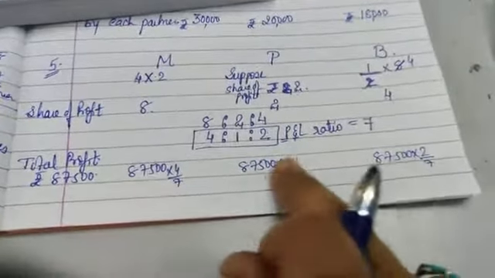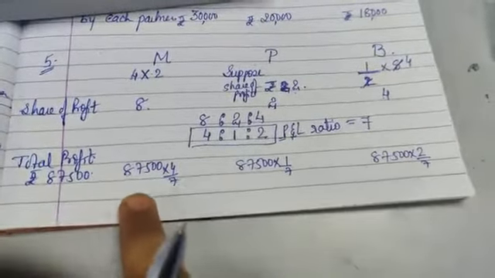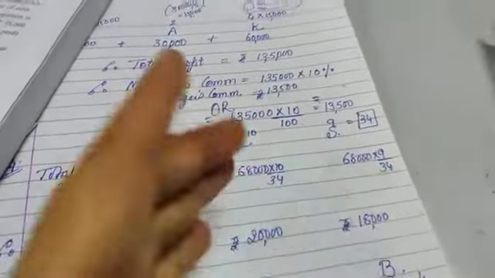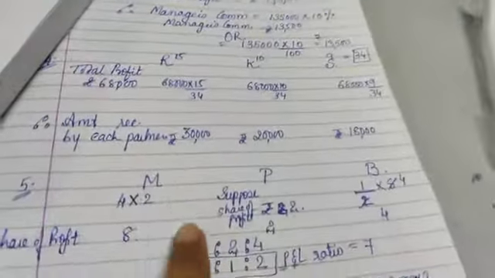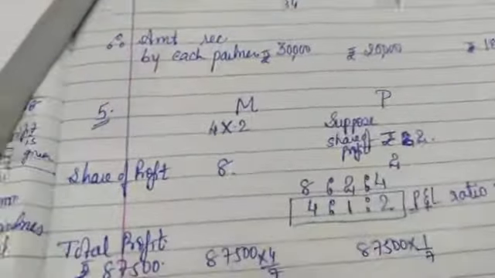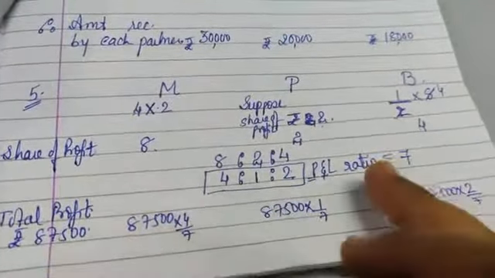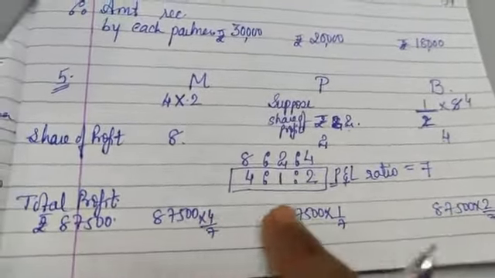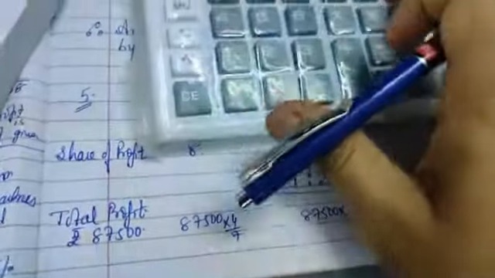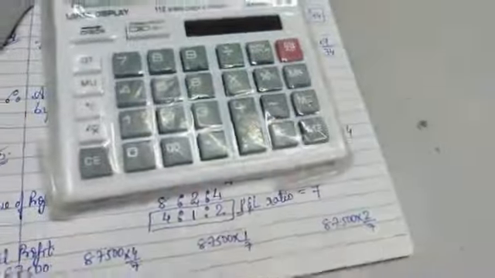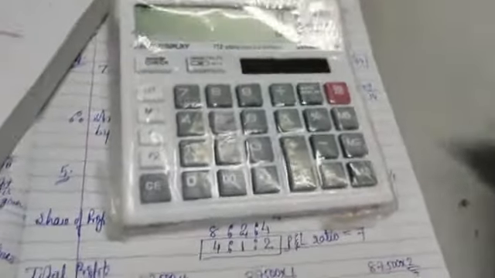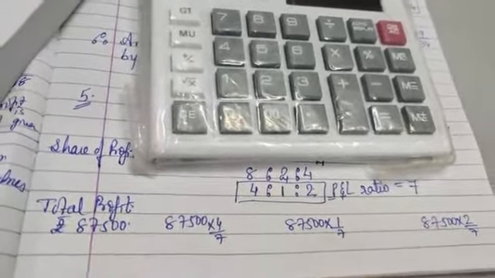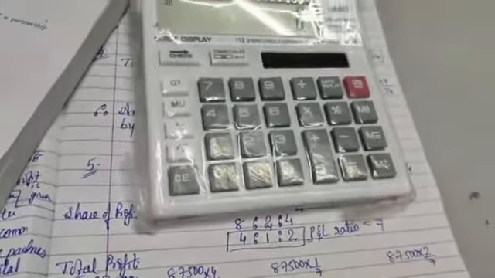See, if you are not writing this, then also it is okay, you can write down the amounts directly. But in this particular sum, you have to show the calculation like this, because before that there is nothing, and the working note is there for this. You can even do it directly on the calculator: 87,500 divided by 7 into 4, 1 and then 2. If you are not writing this step, it will still be okay, but to be safe you can write it down. But in admission and retirement and everywhere, you are not supposed to show it whenever you are distributing profit or reserves like this. You can do it directly on the calculator. So now we will do it directly on the calculator.